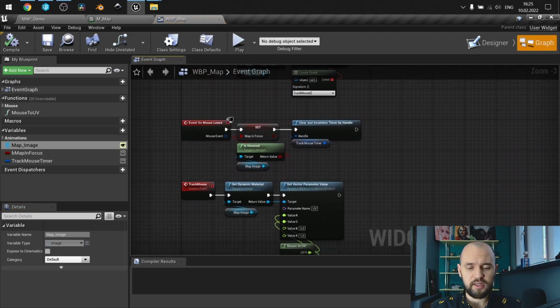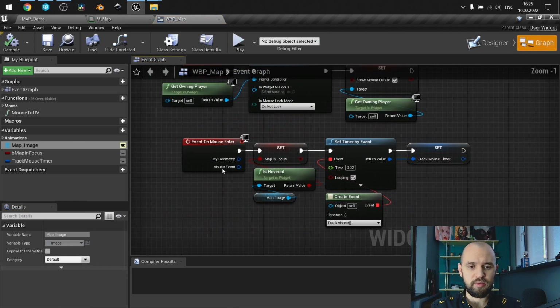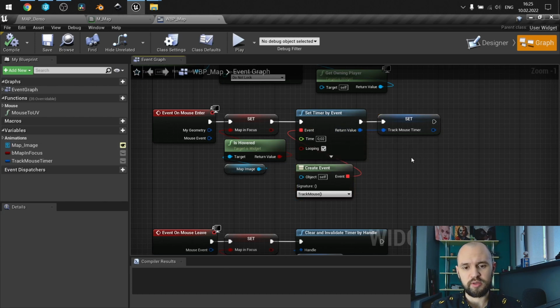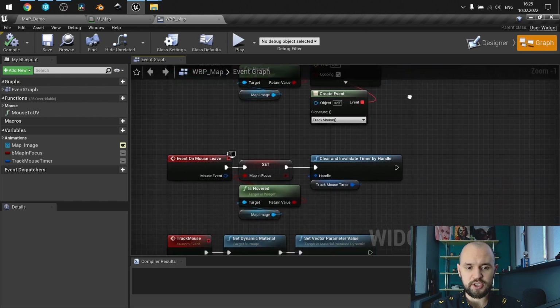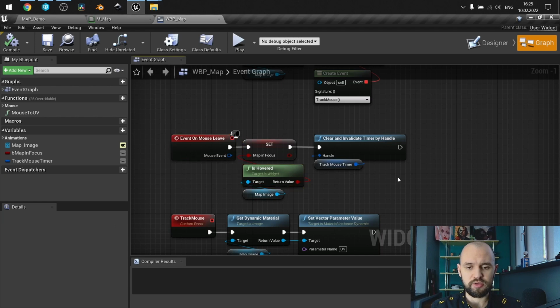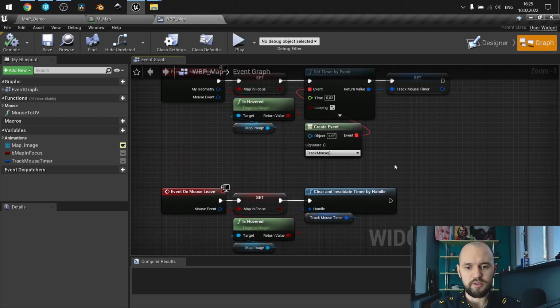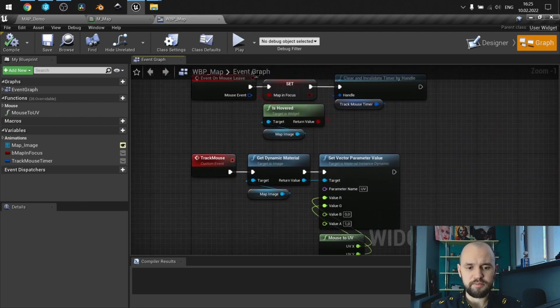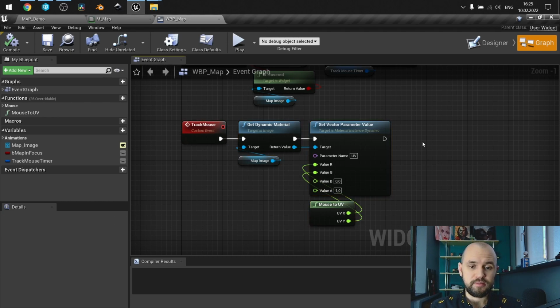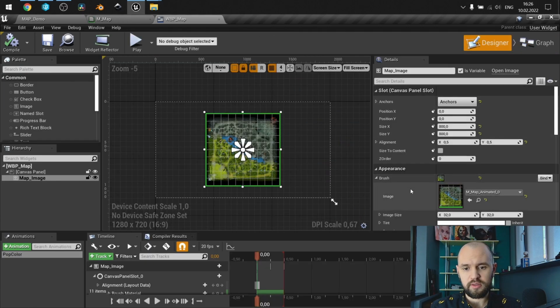Here is functionality for the sake of the demo. So on mouse enter, I check whether map image is hovered. If it's so, I start a timer, so it will be checking mouse position. If mouse left the map image, it should clear the timer, so it won't be tracking my mouse. And this one is actually the functionality. So from map image we get dynamic material, this one over the brush,